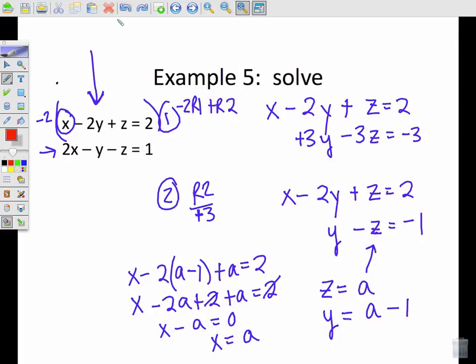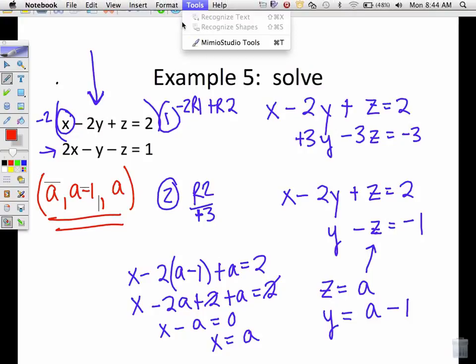We're ready to write our solution. Our ordered triple is a for the x value, y is a minus 1, and z was also a. So we just let z equal a so that we can back substitute and write an expression for our solution. And there you have it. All right, let's look at